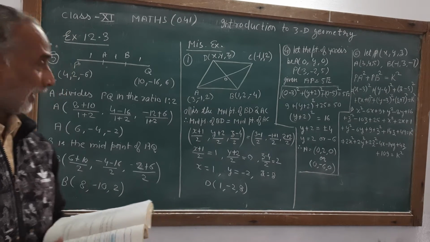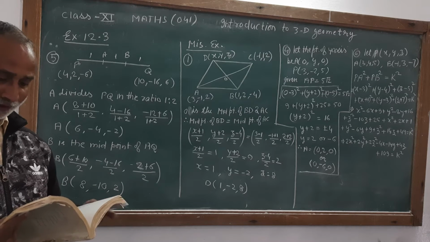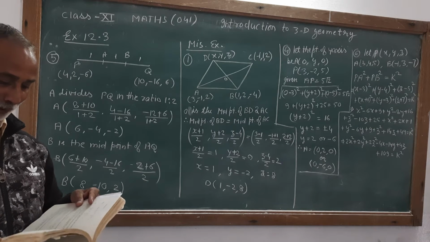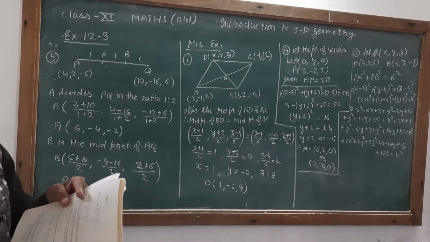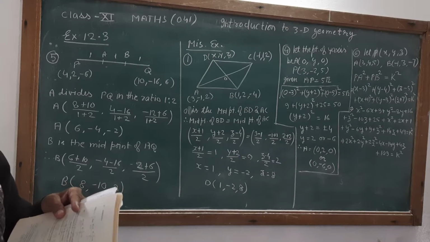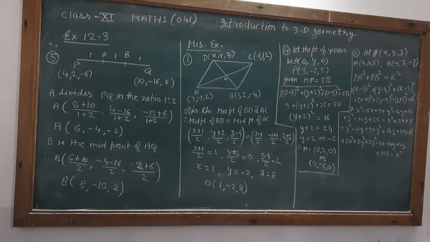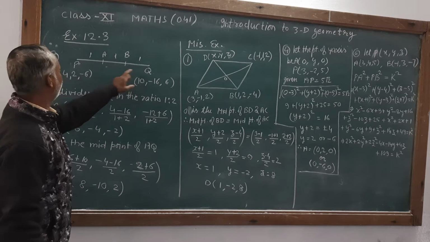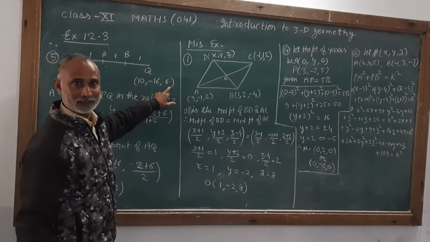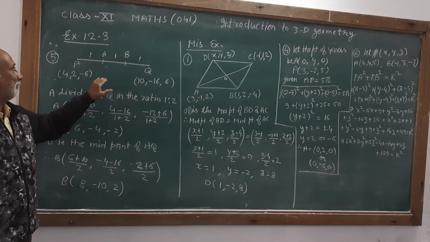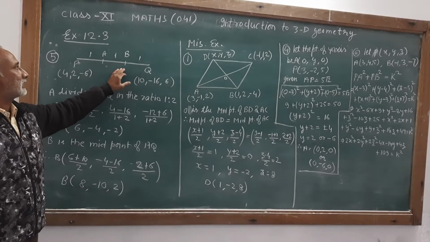Question number 5. Find the coordinates of the points which trisect the line segment joining the points P with coordinates 4, 2, minus 6 and Q, 10, minus 16 and 6. So here we are given 2 points P and Q with these coordinates. Let me take 2 points in between the line segment PQ, A and B, which trisect the